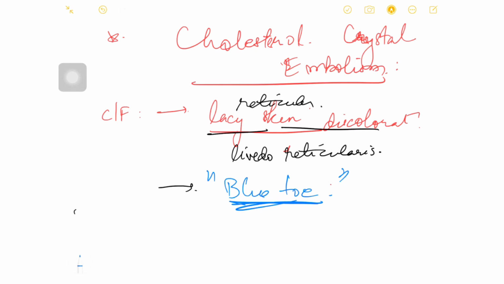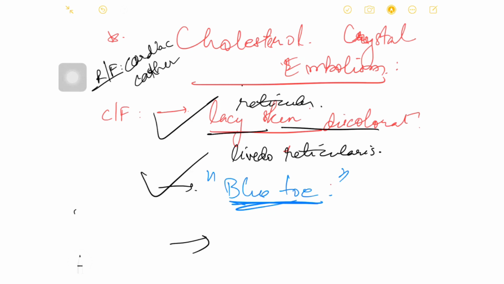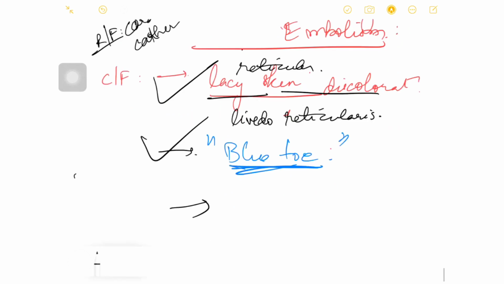If they say there is discoloration of the toe, think of cholesterol crystal embolism. And the most common risk factor is again cardiac catheterization, right? Any vascular or cardiac procedure is a risk factor for releasing this cholesterol embolus. So after a patient undergoes cardiac catheterization or any vascular procedure and then comes to you with skin discolorations, that is cholesterol crystal embolism. Another very high yield clinical feature is the renal,